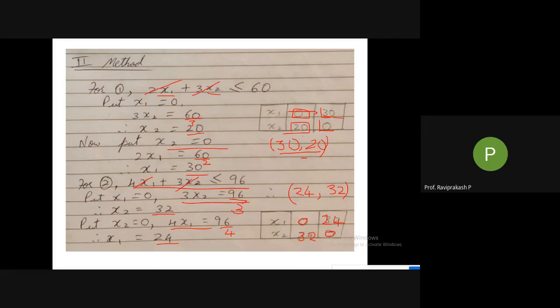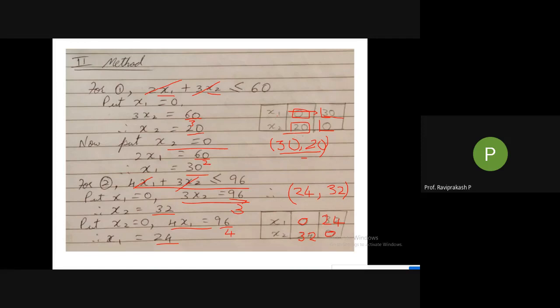Not much more to it. In the first method, divide the whole equation by the RHS, so that we are getting RHS equal to 1, and you get the same answer again. In the second method, first put x1 is equal to 0, find out x2. Then in the same equation, put x2 is equal to 0, find x1. Then if you want, you can write it like this. While representing it, I made a mistake.